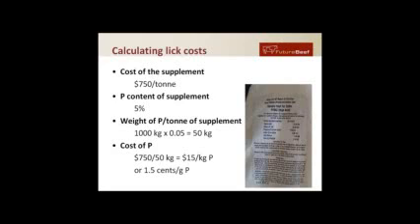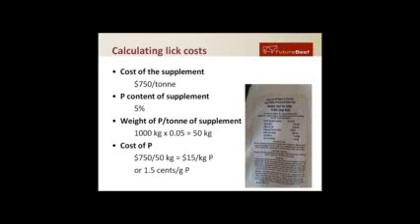Obviously, if we're on the basalt, we'd be looking at sulfur as well, but in this particular case, we'd be looking at phosphorus, or we're supplying that animal with urea. So that's the nutrient we actually need to work out the cost on if we're wanting to do a lick cost comparison, for example. So I've just got an example here of a typical cost of supplement, which would be